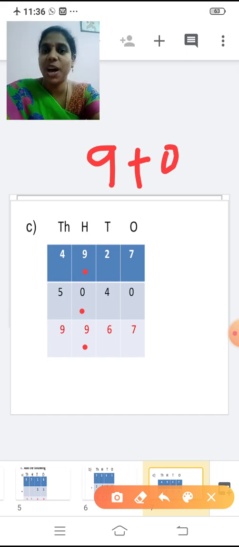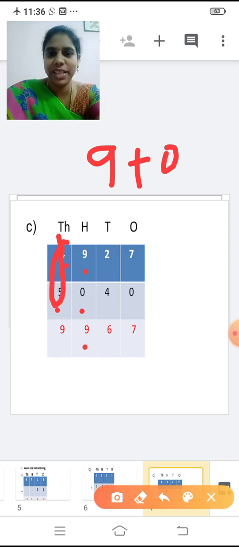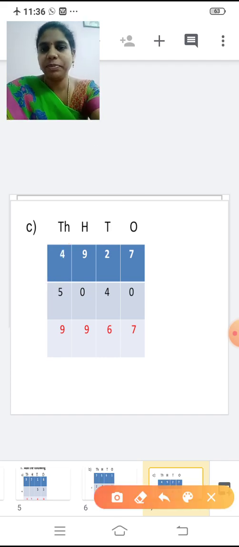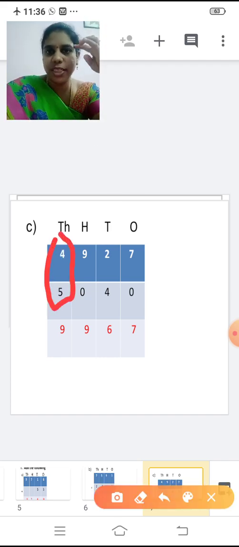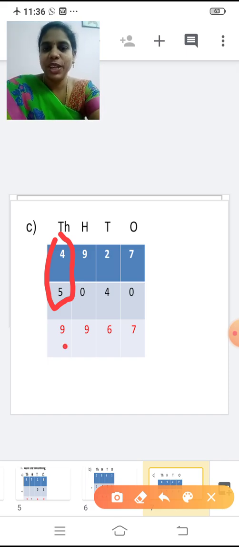Now we have to move on to the thousands place, isn't it? So what is there in the thousands place? 4 and 5. Now add 4 plus 5 and tell me the answer. 4 in the mind, 5 in the finger. After 4, 5, 6, 7, 8, 9. So write 9 below. So the answer is